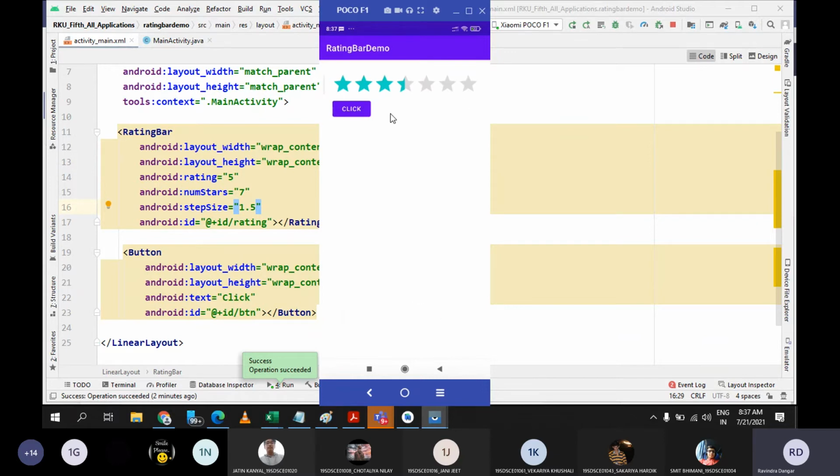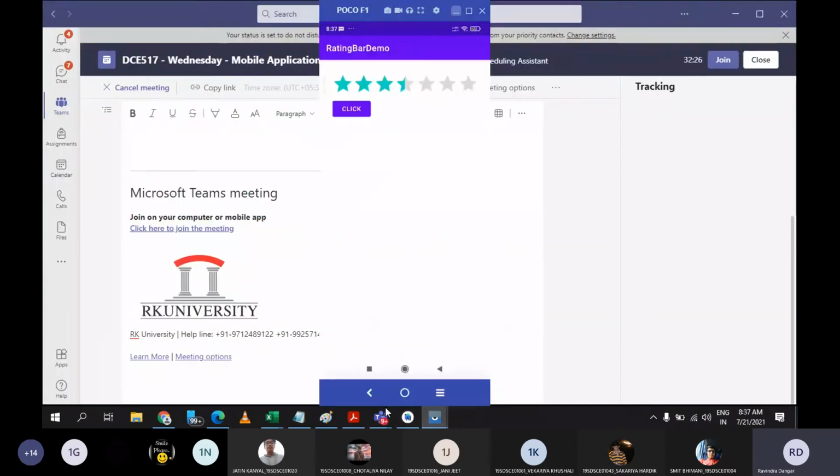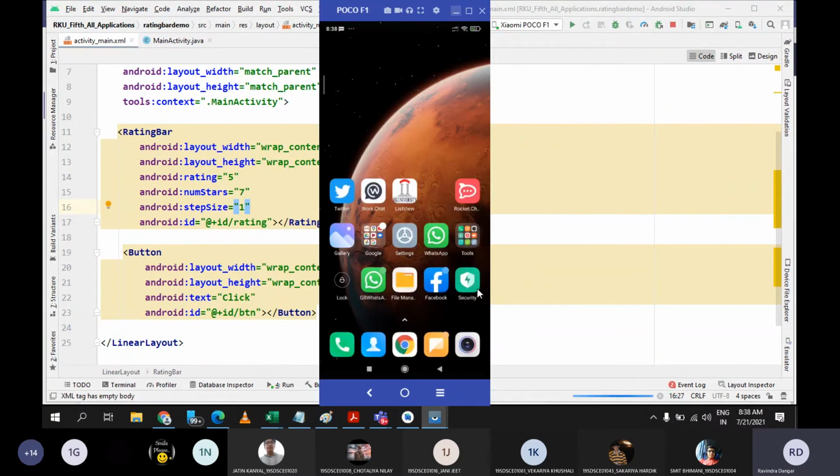Fine, but to avoid the confusion, this is not advisable. Mostly people go with one only. So it's always better that you go with one or two, just to avoid the confusion. And this is how it works. Number of stars would be 7. Default selection would be 5 stars, and every time I can increment the value by 1 only. Step size is 1. Are you getting all three properties?